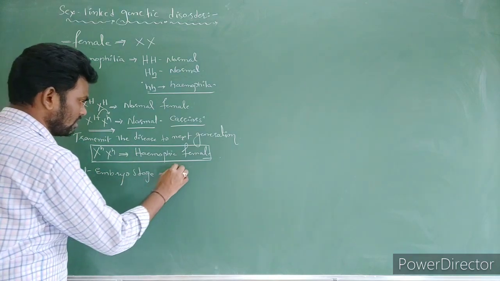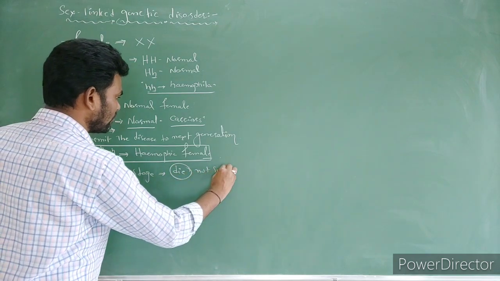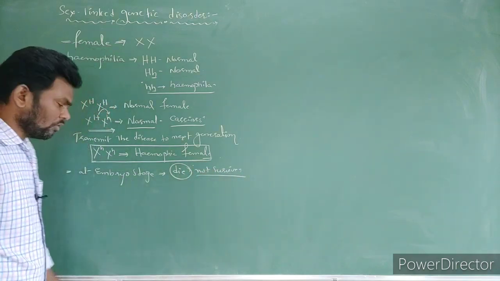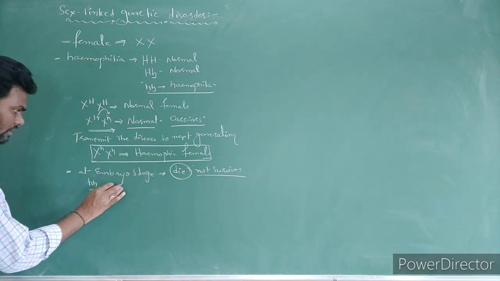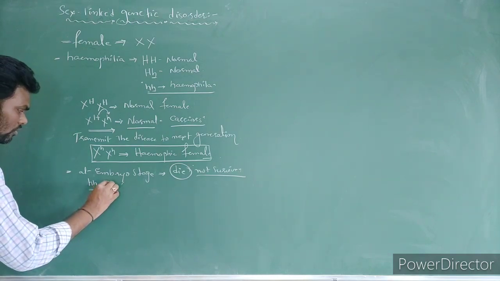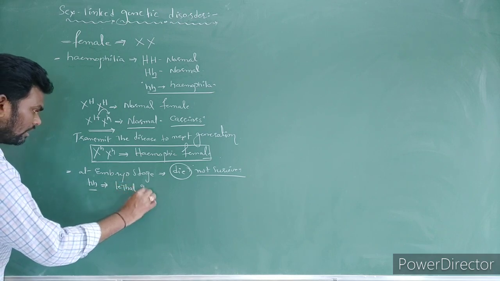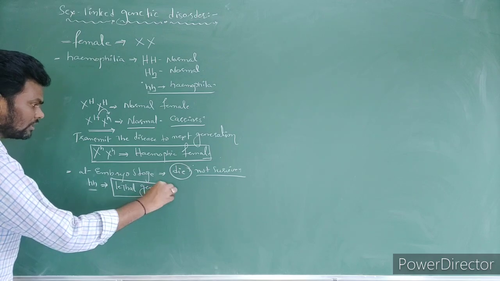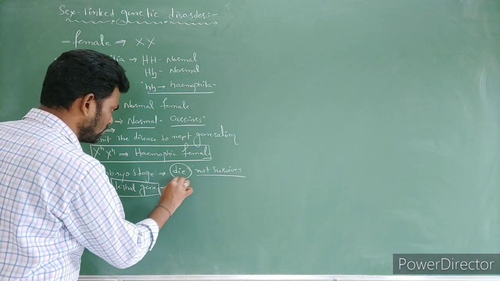At the embryo stage the baby is going to die, it does not survive. Why? Because when two small h genes are there, they become lethal genes. These are highly mutated, very harmful to the human,